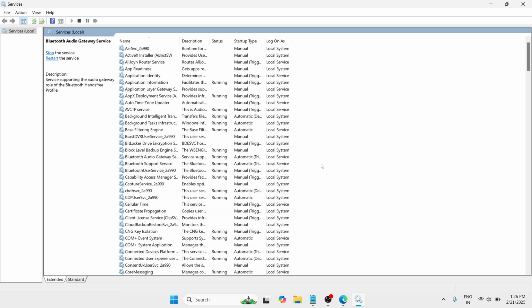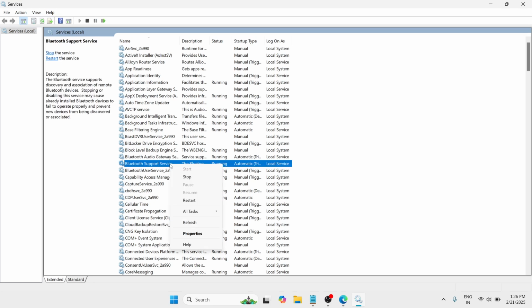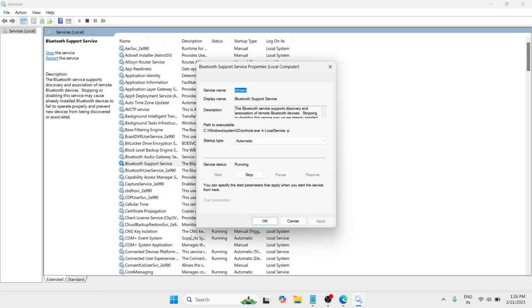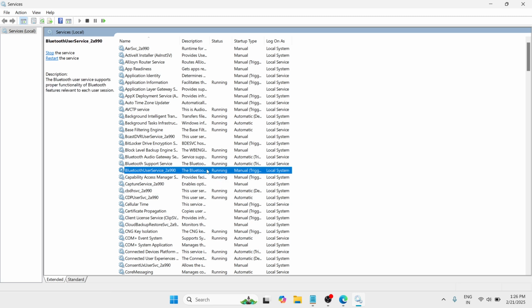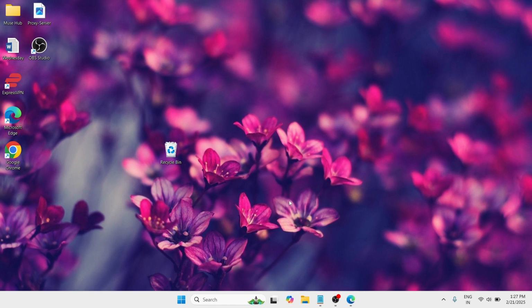Okay, so once done with the first service, proceed to the second one, do a right click and go for properties and go with startup type and make it automatic, apply and okay. Once done, start it again or restart. So apply this in the third Bluetooth services or system or to the fourth if you have the fourth service or system. Okay? So once done, just close this window and check if your Bluetooth device is now